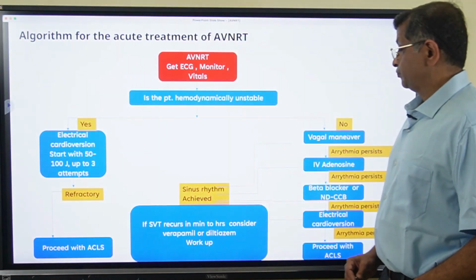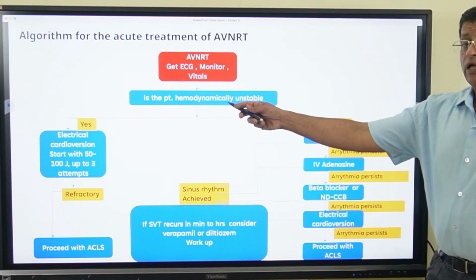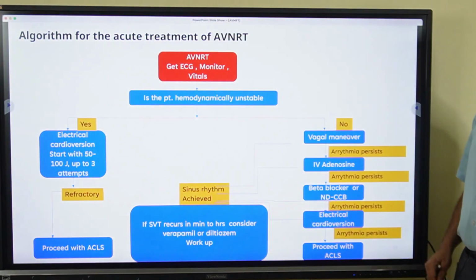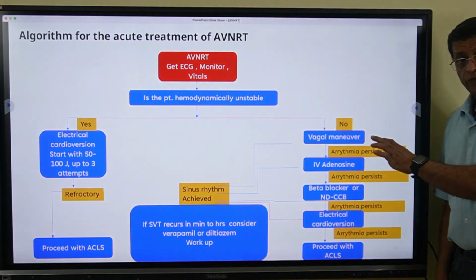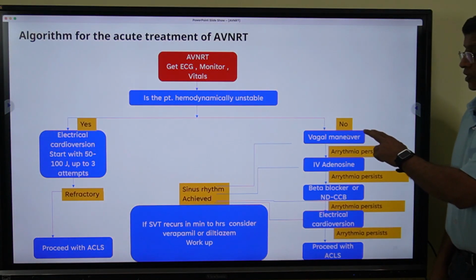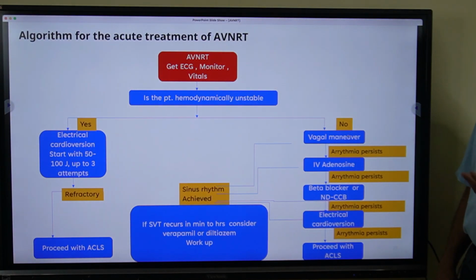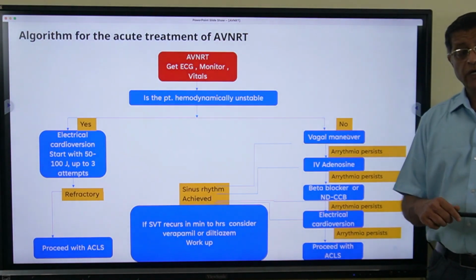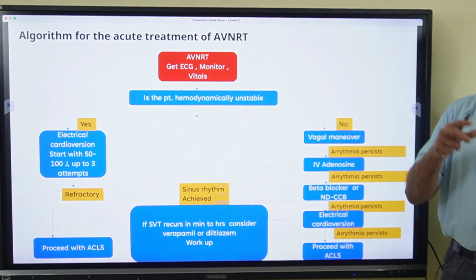If the patient is hemodynamically stable, then first try vagal maneuver. Most tachycardias sometimes improve or subside with vagal maneuver. If the arrhythmia is persistent, then try IV adenosine. How do we give IV adenosine? It is given by a Venflon, which is connected